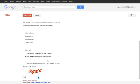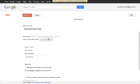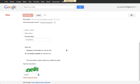Oh, I got the captcha wrong. Oh, I got it wrong again. Oh, it says my site name must be between 6 and 30 characters, so let's go ahead and shrink this down to less than 30 characters. I think that should do it. So it's good to know you have between 6 and 30 characters to allow that URL to be attached to the